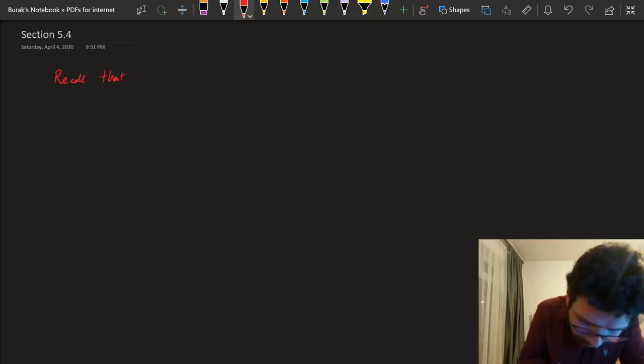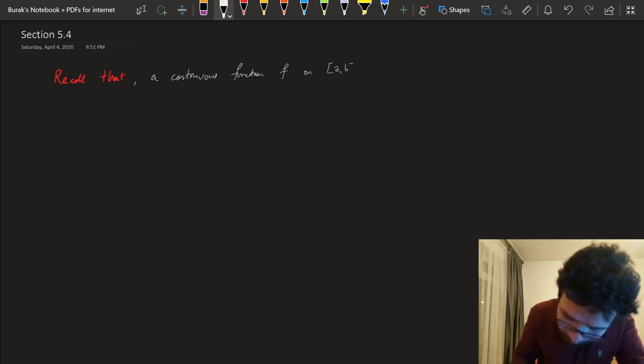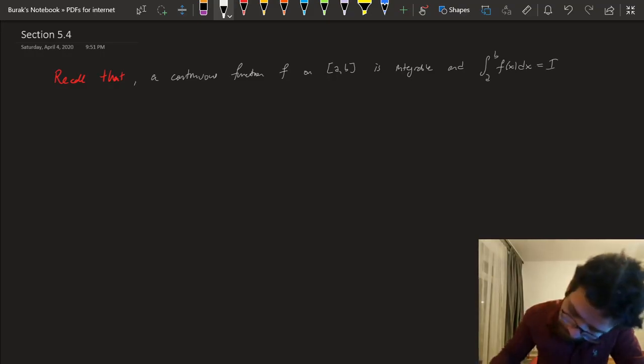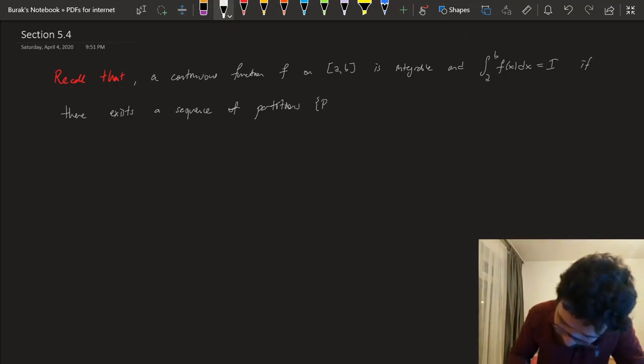So recall that a continuous function f on [a, b] is integrable and has integral I, where this is a real number, if there exists a sequence of partitions pi with the property that these partitions refine each other, which we defined last time,